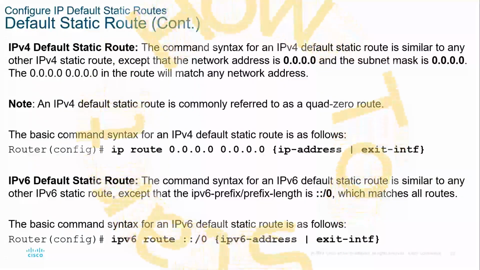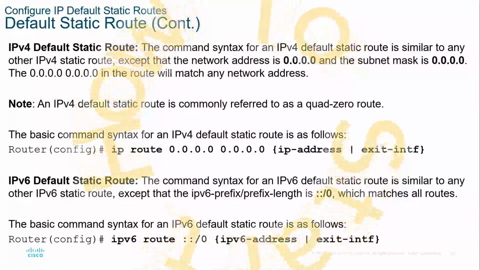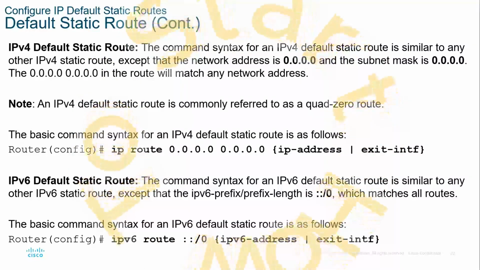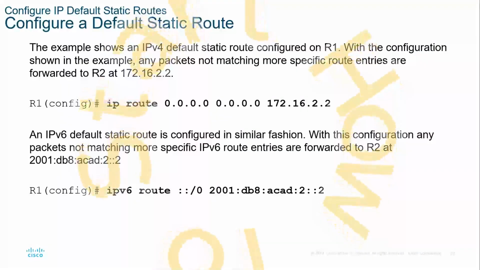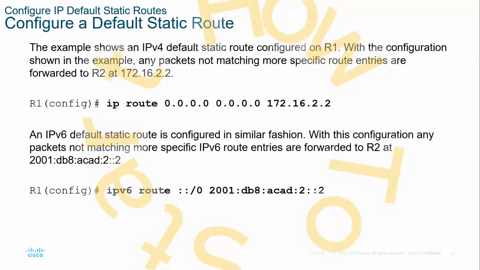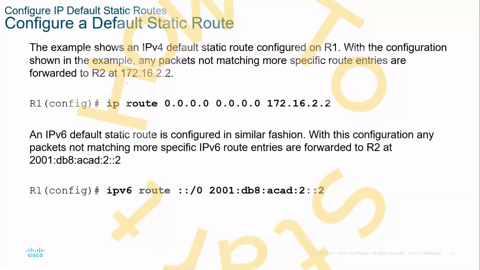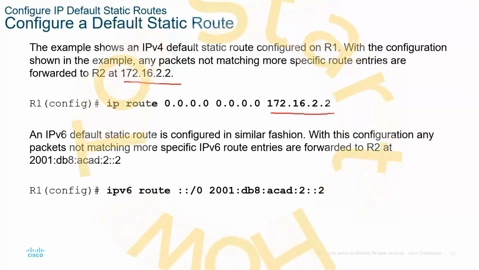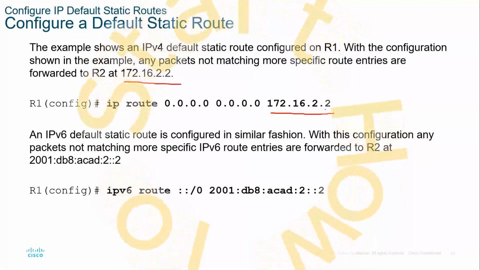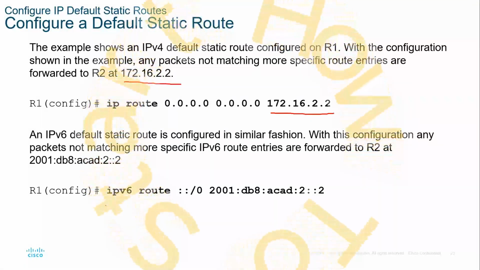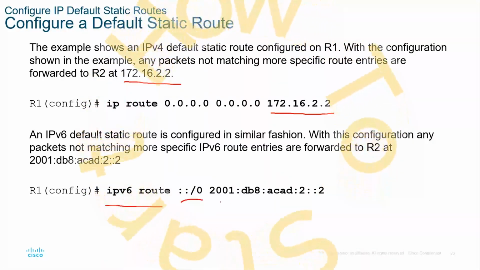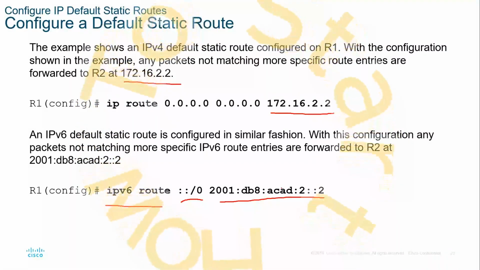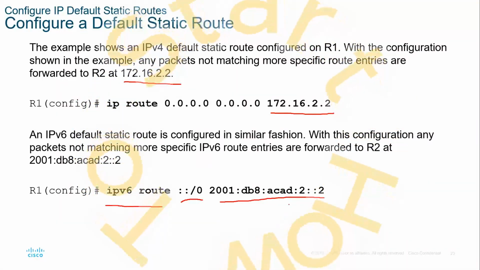That says match. If no other matching addresses in the route table, this will match and send to or leave out this interface. So this is how we would configure it if our next hop is this address. We would do IP route 0.0.0.0 0.0.0.0, that address. If we wanted to do that as an interface, we could, and we could do the same thing with IPv6, again ::/0, and that guy can actually be either a link local address or it can be a global unicast